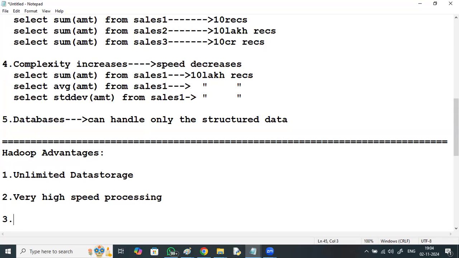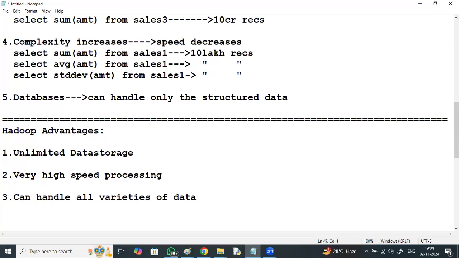Third, it can handle all varieties of data.